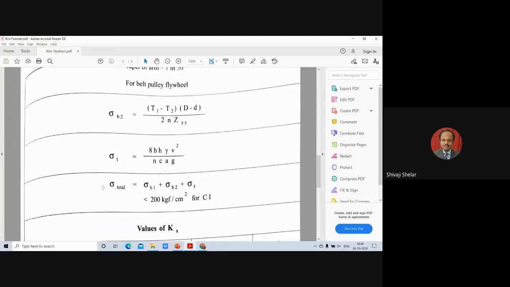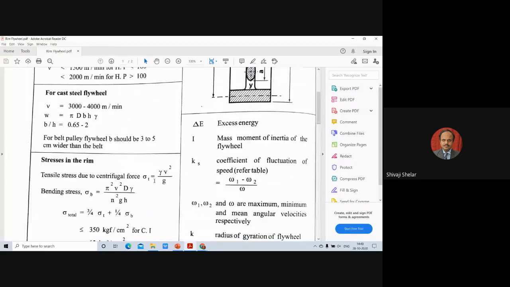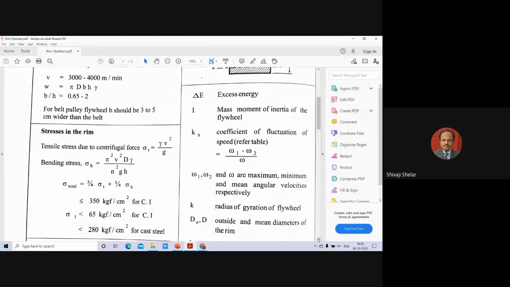In this application, nothing is mentioned, so I am going without the pulley mechanism. I am not considering this part, so I am considering only these two: sigma B1, sigma T and sigma B here, and I am calculating this value. After calculating these values, they have to be less than the particular limit, and you need to consider your factor of safety also. So considering that factor of safety, you have to check whether your design is safe or not. So let's go and check whether our design is safe or not.